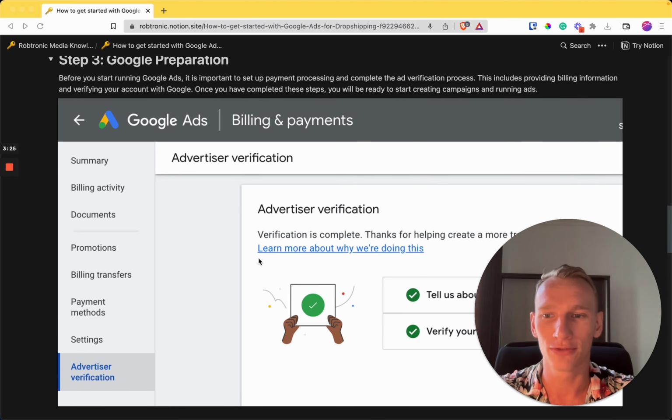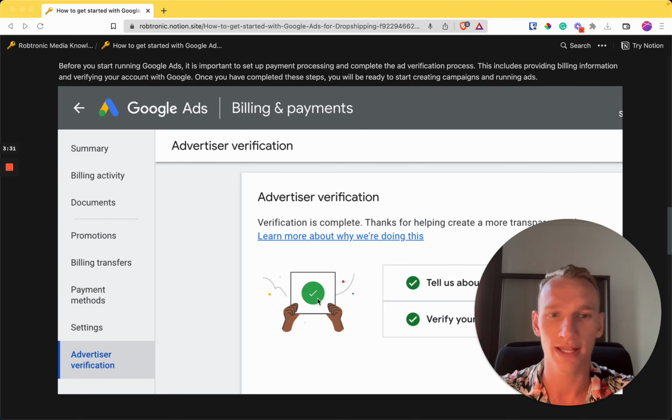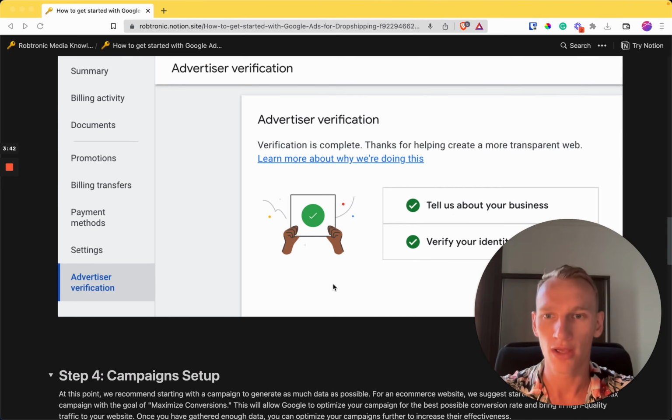And the other thing you need to do is the advertiser verification. You need to verify your business information, as I just said, in the Merchant Center, and this information needs to be in Google Ads as well. So it's important that you have the same information across all platforms in order to get verified for Google Ads and for Merchant Center. The last thing,